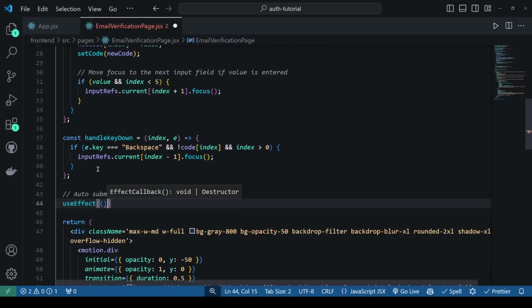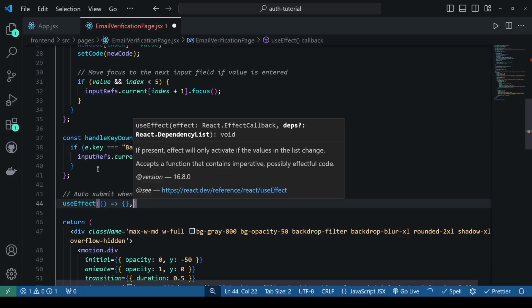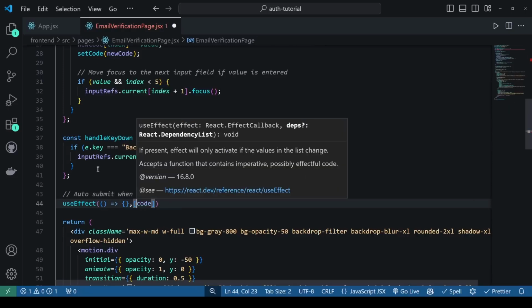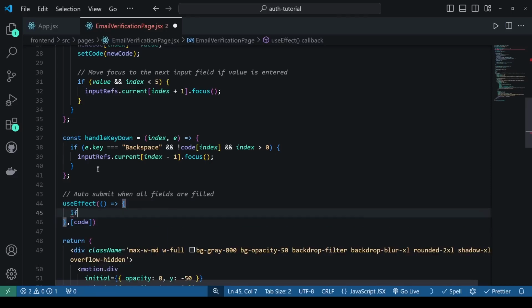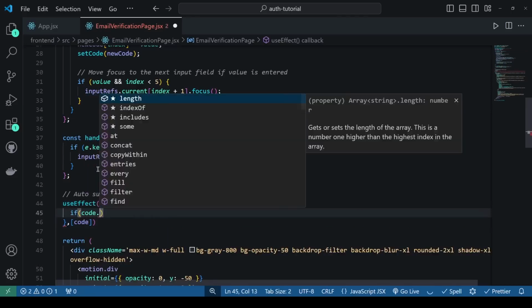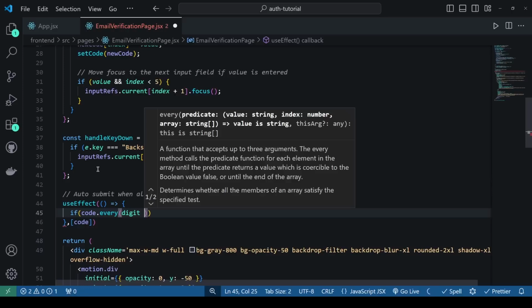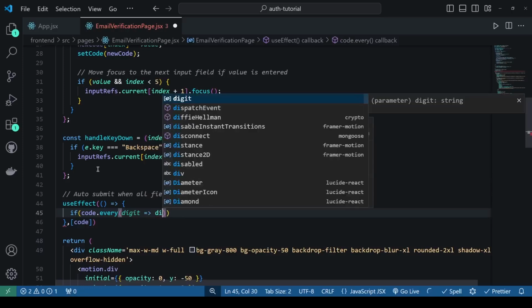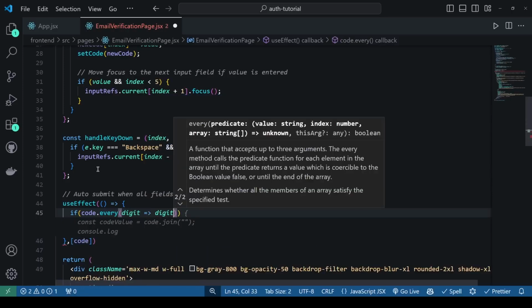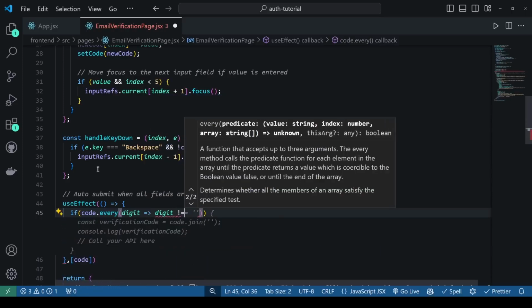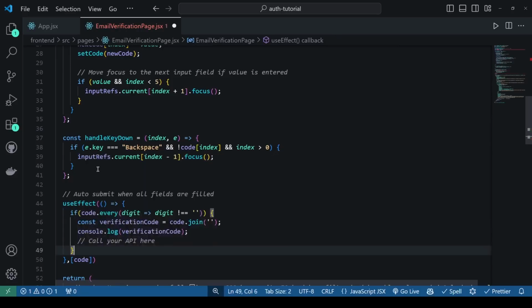Let's initialize a useEffect. This would be called whenever the code changes, and we'll say if code.every digit is filled, that is, if digit is not equal to empty string, just like this, then we can,